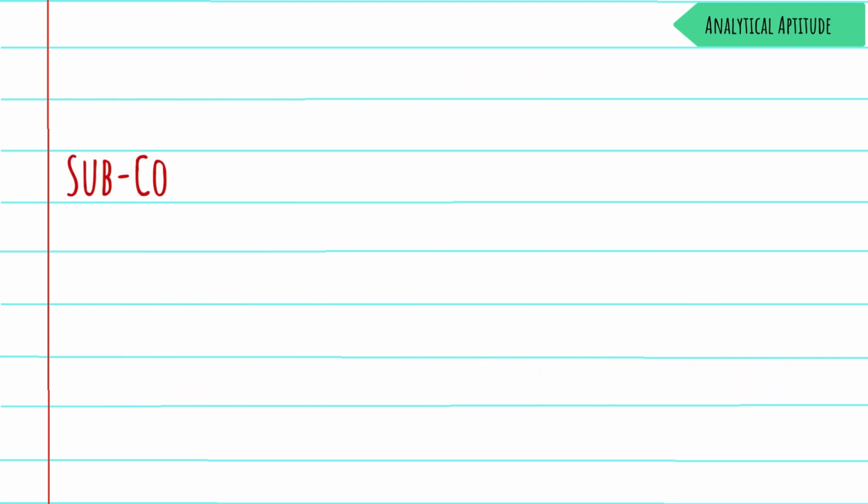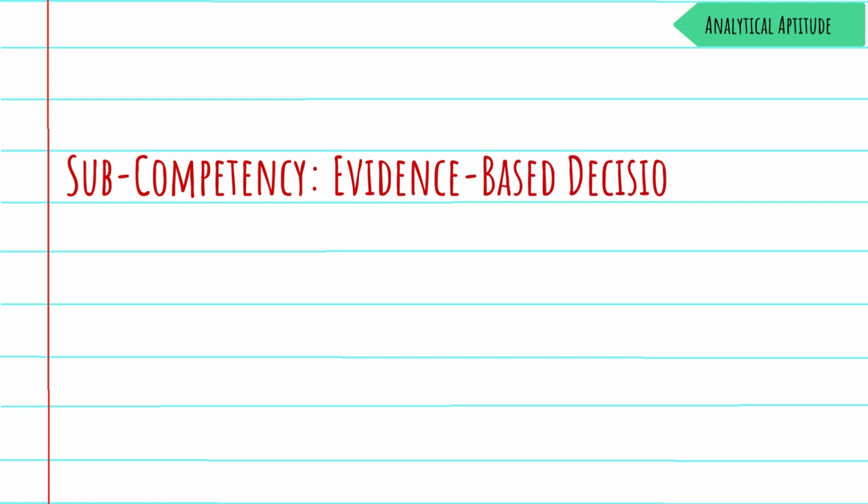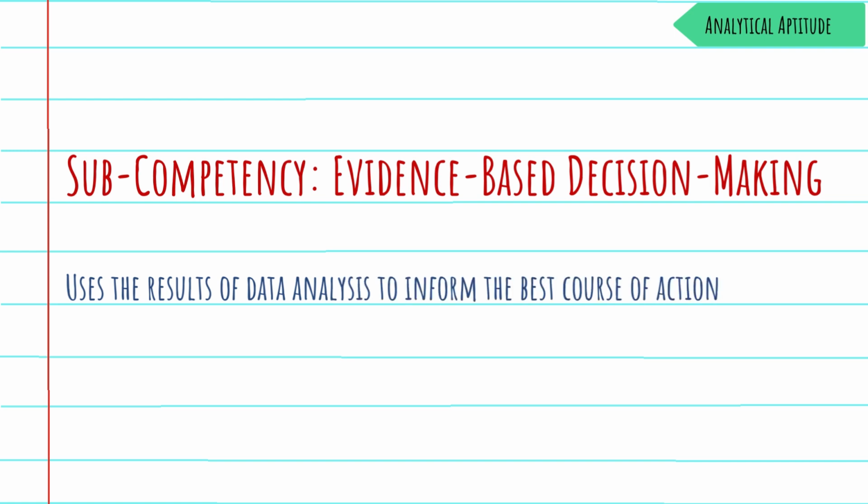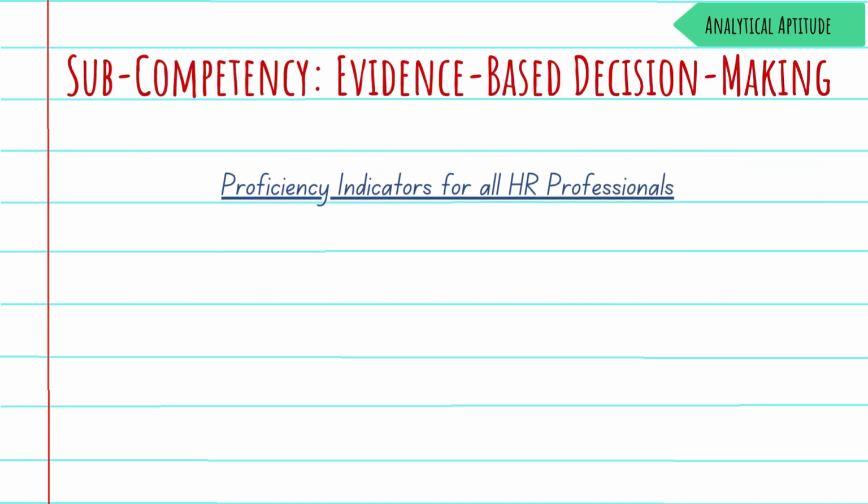We've talked a bit about evidence-based performances, which perfectly segues into our final sub-competency for today, evidence-based decision-making. Evidence-based decision-making uses the results of data analysis to inform the best course of action. Proficiency indicators for all HR professionals within this sub-competency include reporting key findings to business and HR leaders, using research